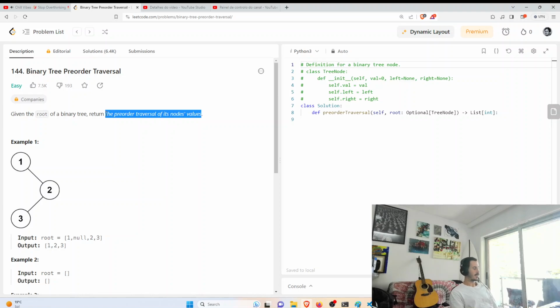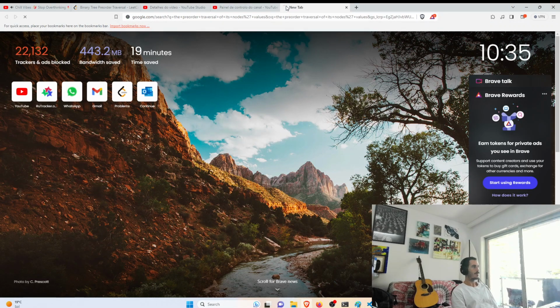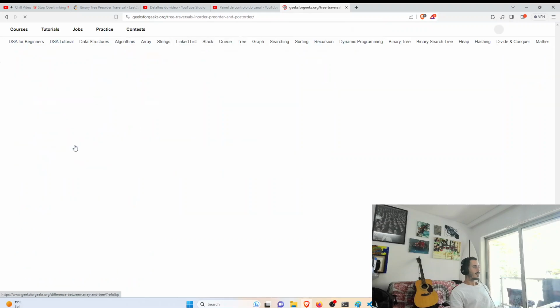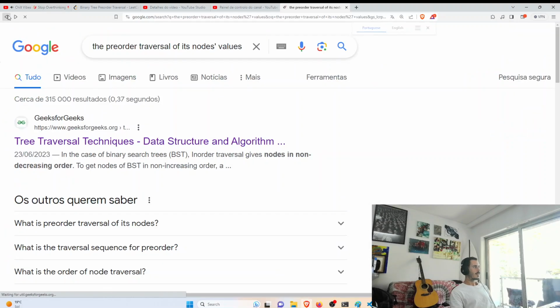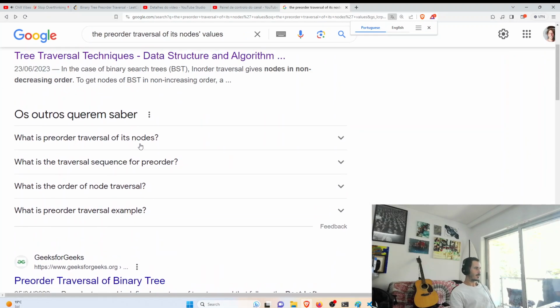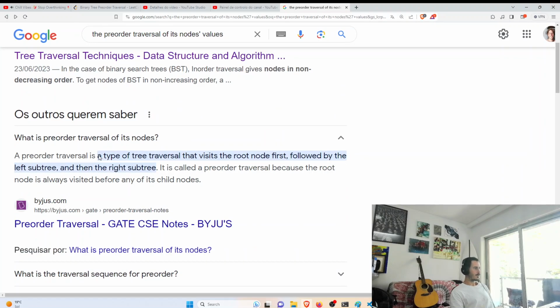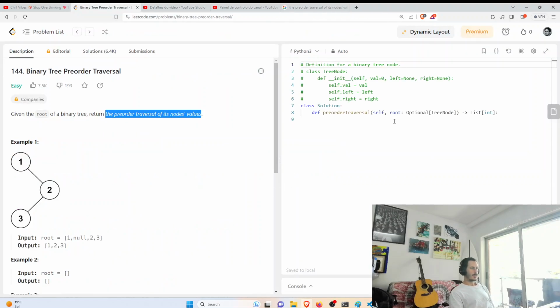I'm going to Google this because I don't know what this is. What's the preorder traversal? The preorder traversal is a type of tree traversal that visits the root node first, followed by the left subtree, and then the right subtree. It's called a preorder traversal because the root node is always visited before any of its child nodes. Okay, so